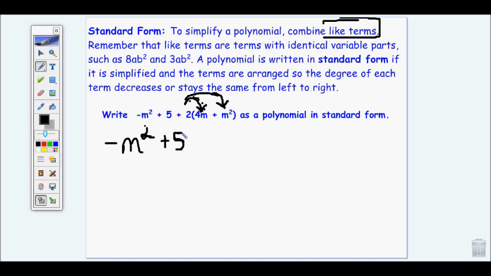So positive 2 times 4m is going to give me 8m. Sorry, having trouble writing here. And then a 2 times an m squared is going to give me positive 2m